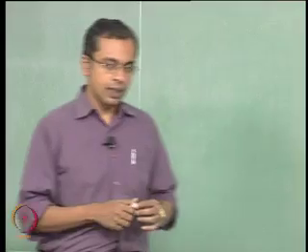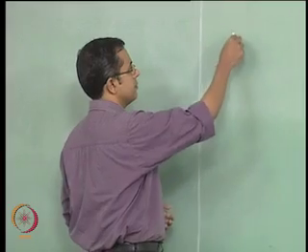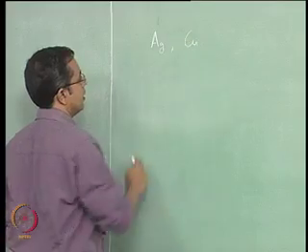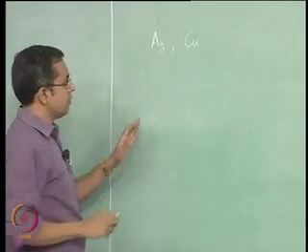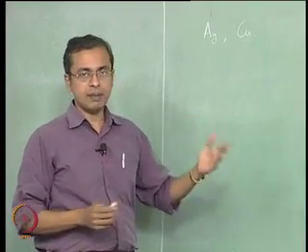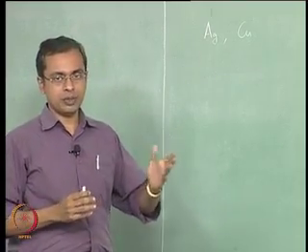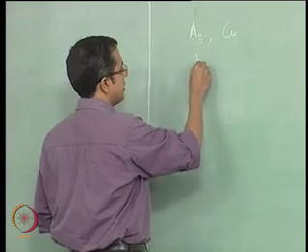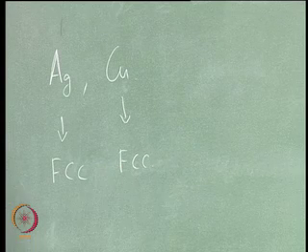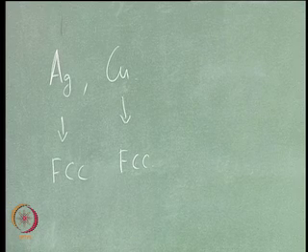Okay. So it turns out that if you look at, say, silver and copper, when you look at various binary phase diagrams of silver and copper, you find one general phenomenon showing up. These two are both FCC structures. So at room temperature they are FCC, and if you take many binary systems based on this,